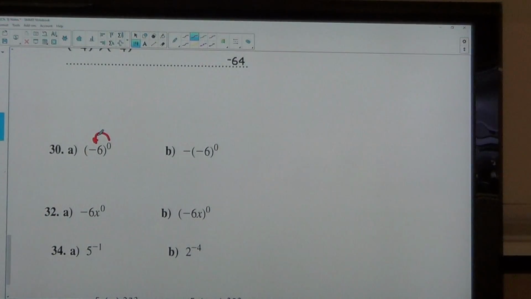Anything raised to the 0 power is going to be 1. Do you see that the 0 is attached to those parentheses? So that answer is going to be 1. Now, for part B,